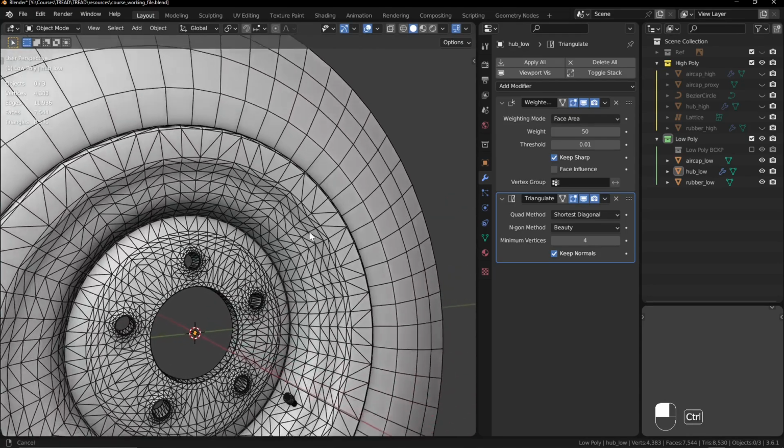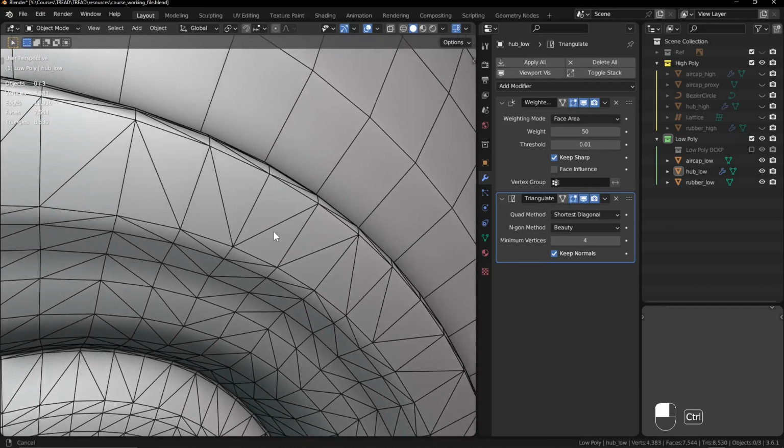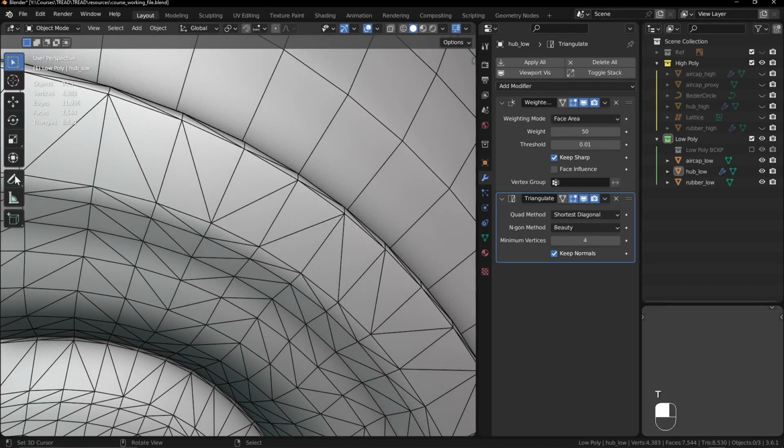And if I just go and quickly take a look at our model here, we can see that right now with this modifier, based off of the method that we selected, it's going ahead and triangulating this face this way, and it's splitting it in half with a line right down here. Now, what might happen at the end of the day, and that's going to be all right for now, but